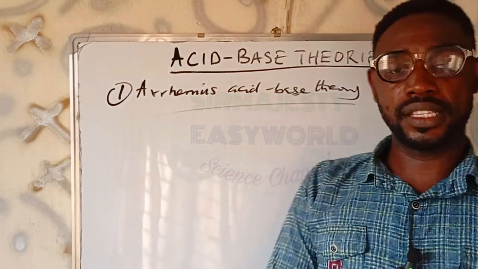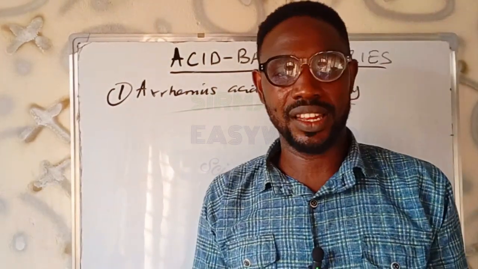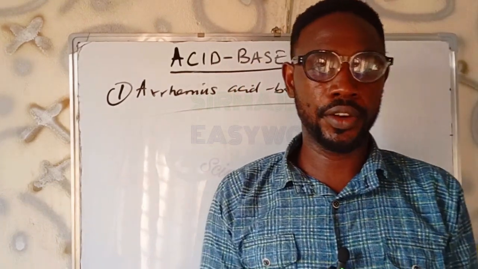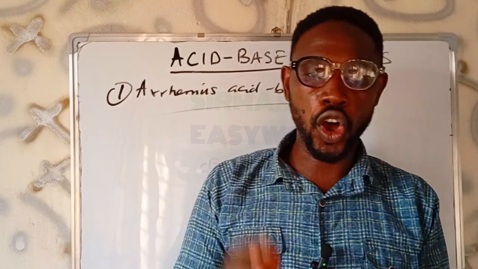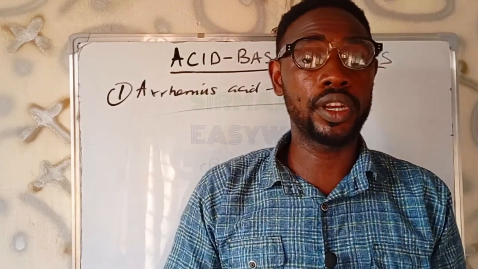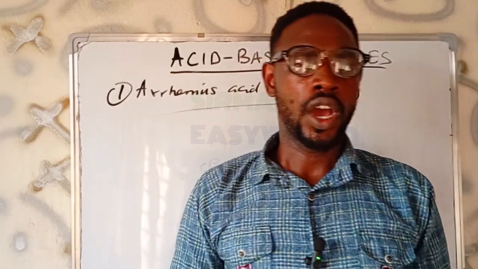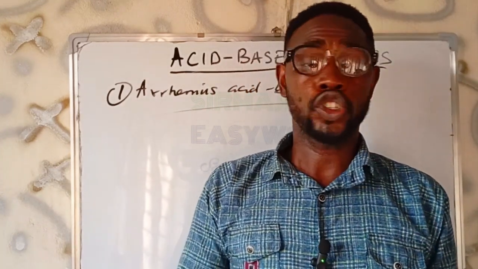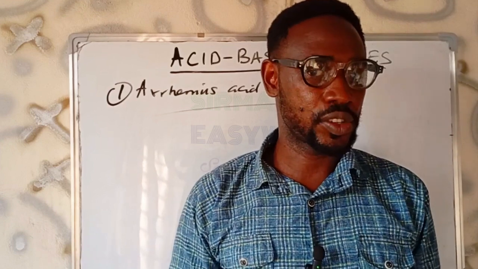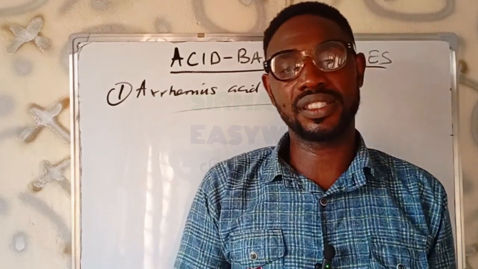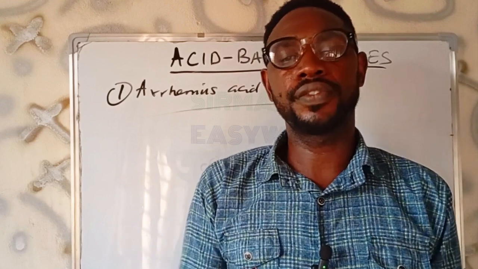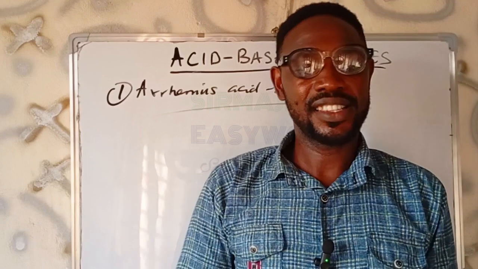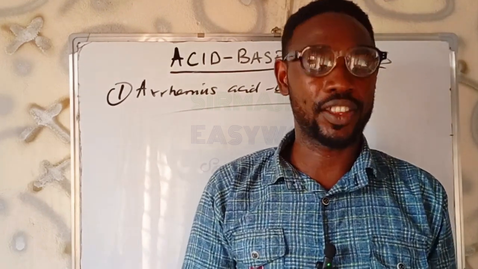So Arrhenius acid-base theory. If they tell you what is an acid, I know what comes to your mind is burning sensation, something kind of corrosive, and this is what comes to mind when you mention acid. Equally, bases are also corrosive, and you see them as poisonous compounds. But I want to correct that impression. Some drugs we take are equally acids. Some foods we take every day contain natural acids. Like fruits, which are natural sources of acids.